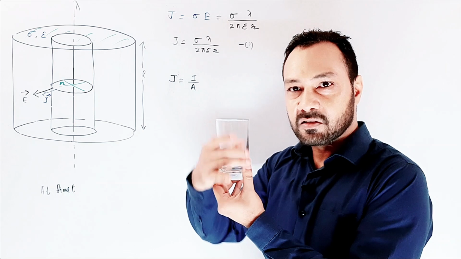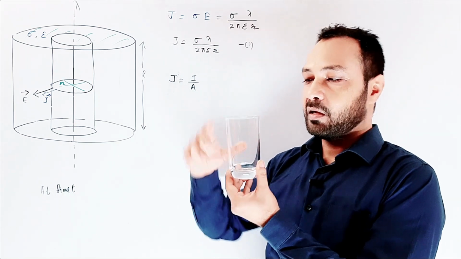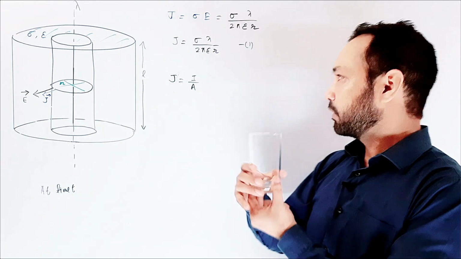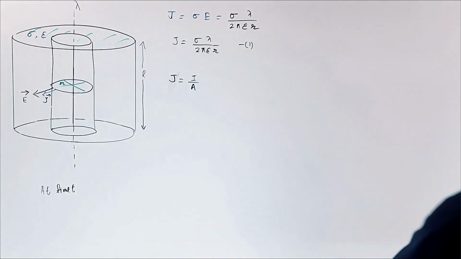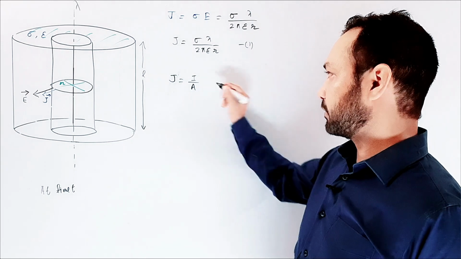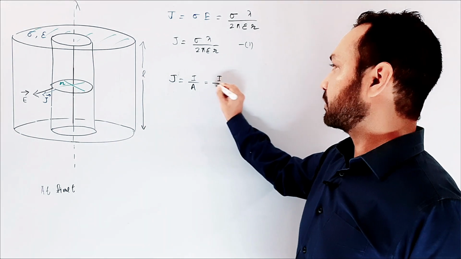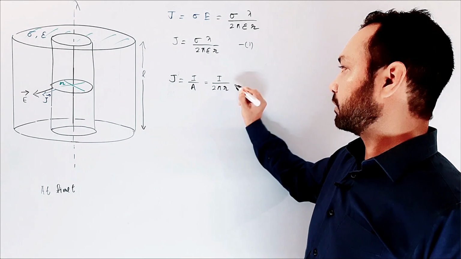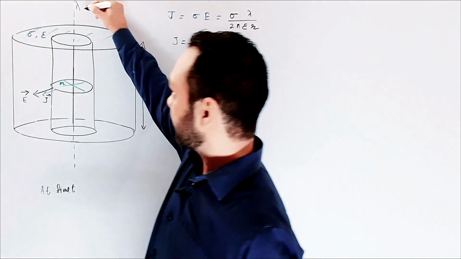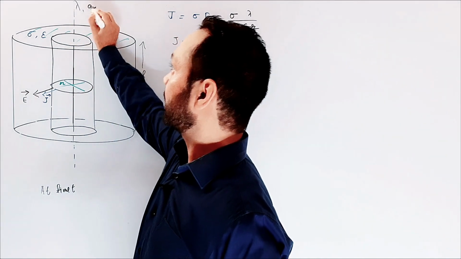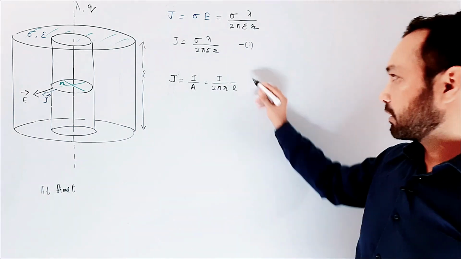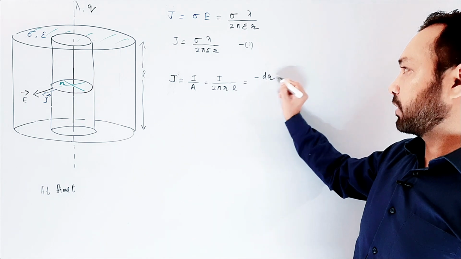So it is actually this surface area through which current is crossing, and this length is L, radius is R, so this surface area is 2 pi r into L. So this J will be I, that is the current crossing, divided by 2 pi r into L. And current is the rate of flow of charge. Suppose at any time t the charge on this wire is q, and because the charge is leaking, this q is decreasing, so this I we can write as minus dq by dt.